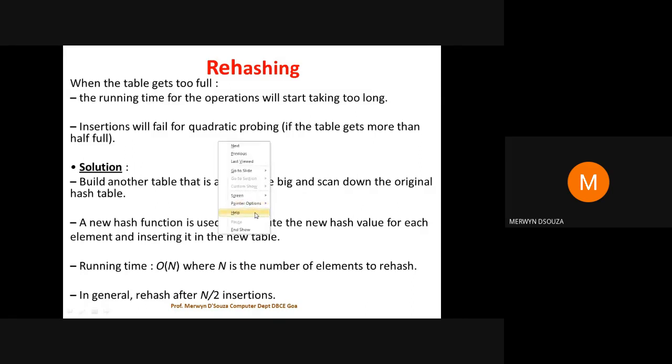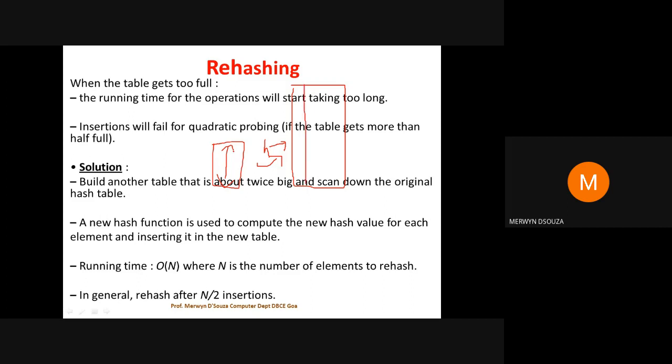So basically you will be using two tables. One is the original table and one is the second table. And you're going to use a new hash function here to insert values. If this table is full, maybe you start inserting here. You can use maybe another entry here to keep track of this table if you want.